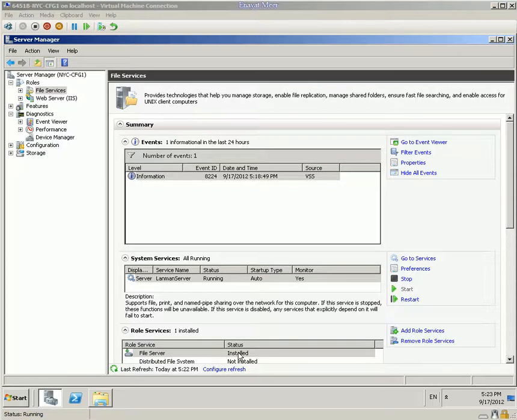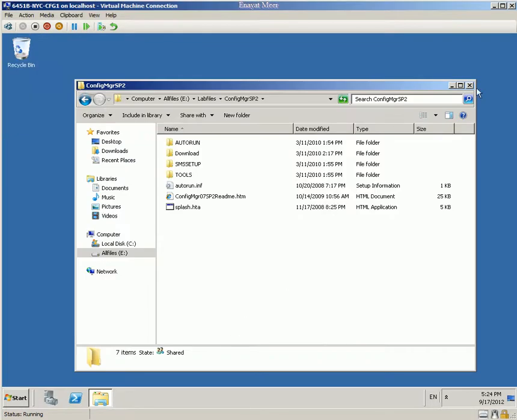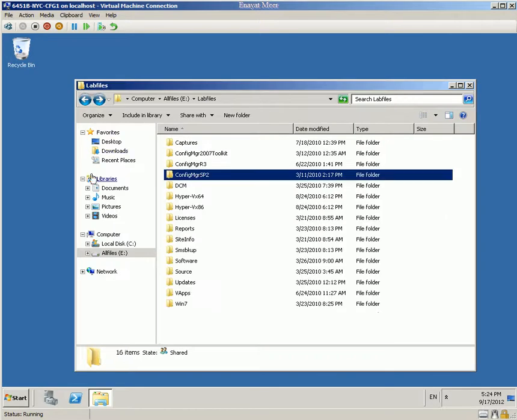Okay, one thing before we go and extend schema, I want to let you know that schema extension may not work because this is a virtual environment. I had been through this kind of virtual environment and the physical environment. Yes, in a physical environment it works, but in a virtual environment you may not have the schema extended. But let's see. Let me show you, we have this folder